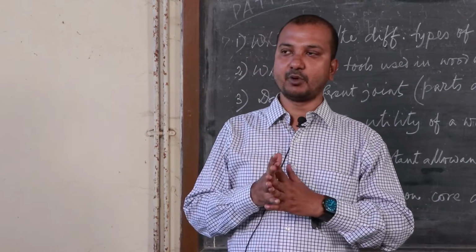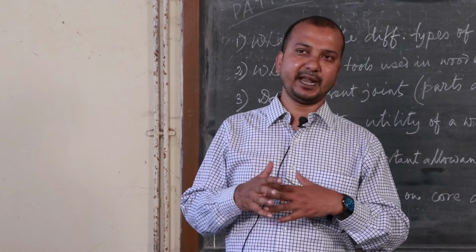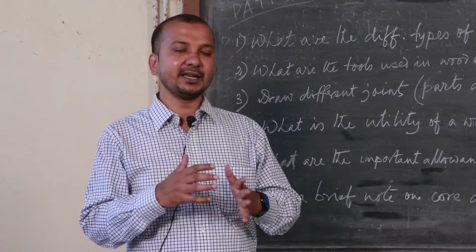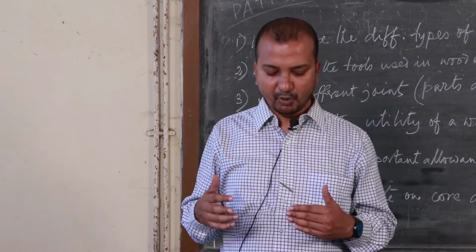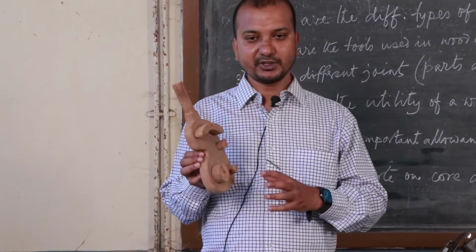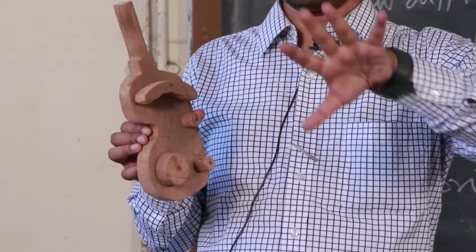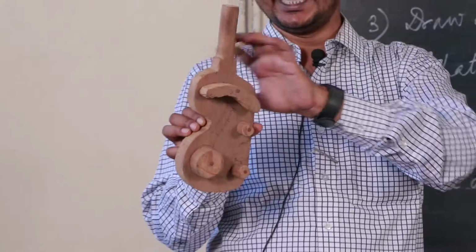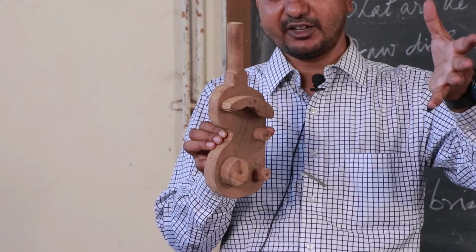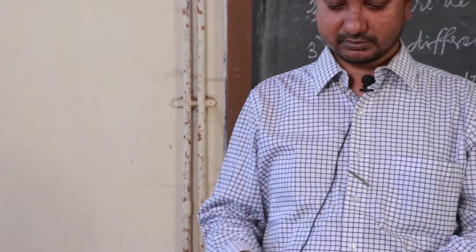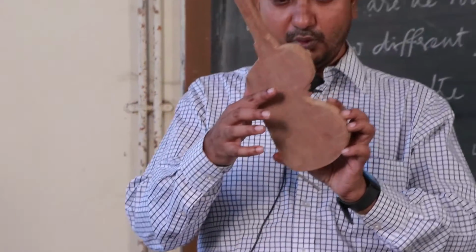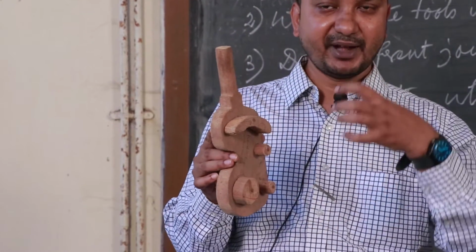When any product is manufactured, a design will be there, with a particular shape and size. So, pattern is the replica of the desired shape. Suppose our aim is to manufacture or produce a reversing gear. That is our final product. This is a pattern, the replica of our final product. Now, this pattern is made of wood. This has been made in the carpentry shop.